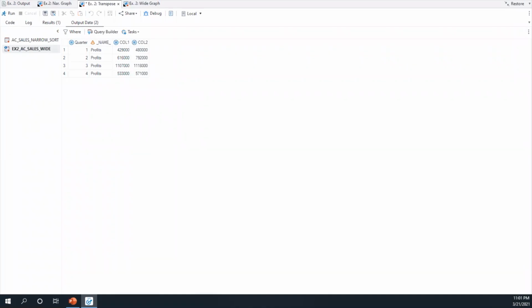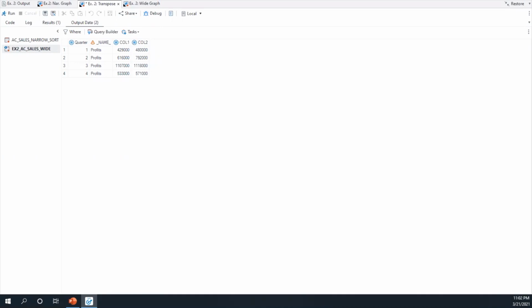We've got 1 row for each quarter, but since we've only transposed profits, we've lost all of the year information. Now we don't want to add year to the var statement because then we'll have 2 rows for each quarter, one for profits and one for year. So instead, let's use the year values as our column headers to replace col 1 and col 2.